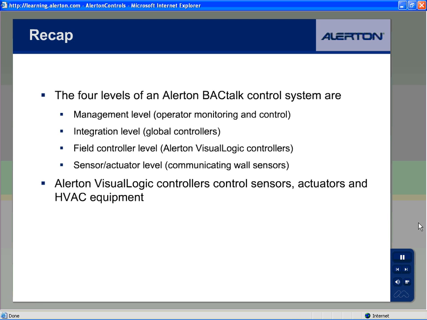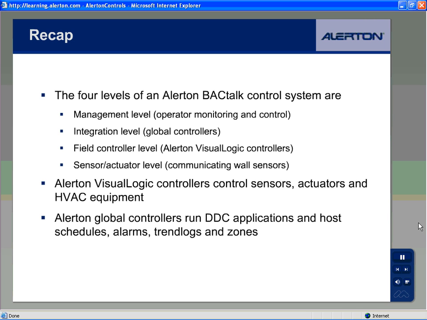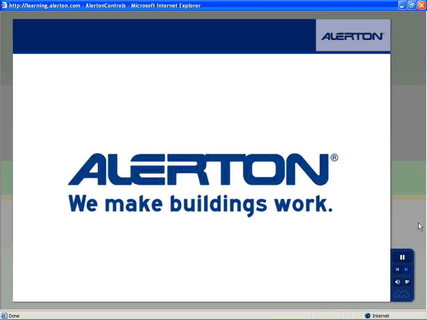Alerton VisualLogic Controllers control sensors and actuators for HVAC equipment such as air handling units, terminal units, VAV boxes, heat pumps, and air conditioning units. Alerton Global Controllers run DDC applications and host schedules, alarms, trend logs, and zones. This concludes our introduction to the hardware and software of Alerton control devices. If you're taking this course in its entirety,